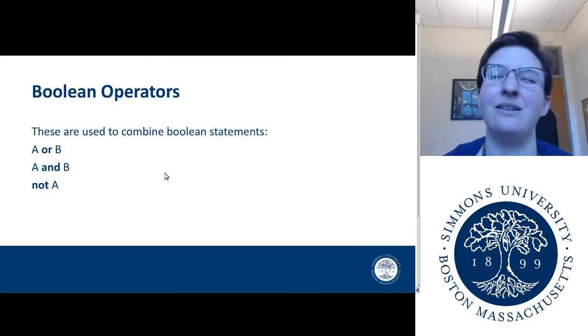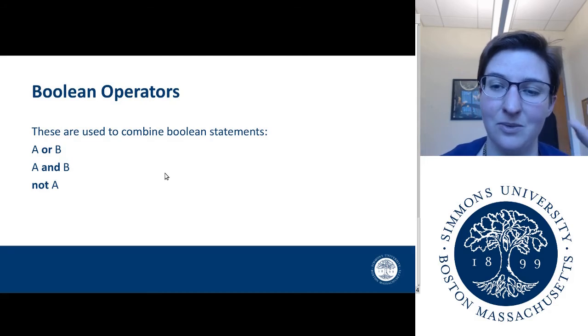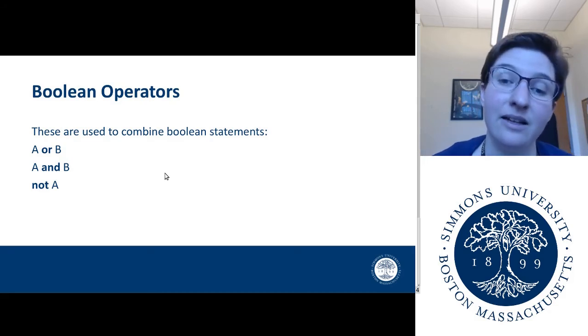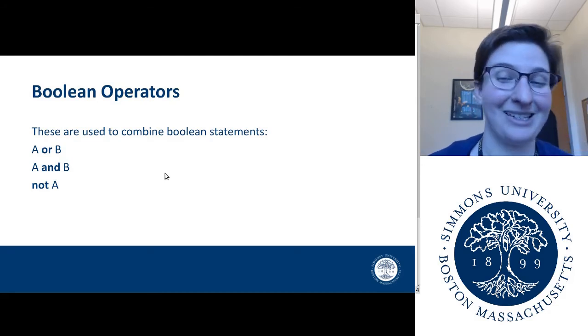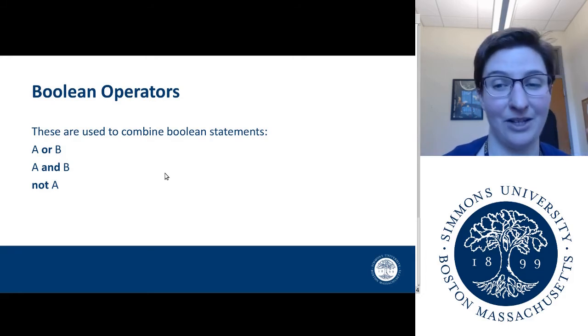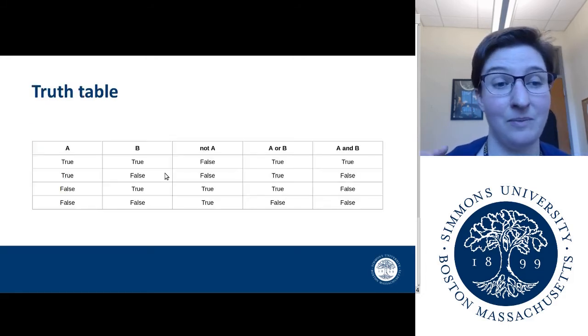If this is just giving you flashbacks to some class where you learned about logic proofs, it should be. They all come from the same place, logical operators. So, truth table, oh my god. Again,